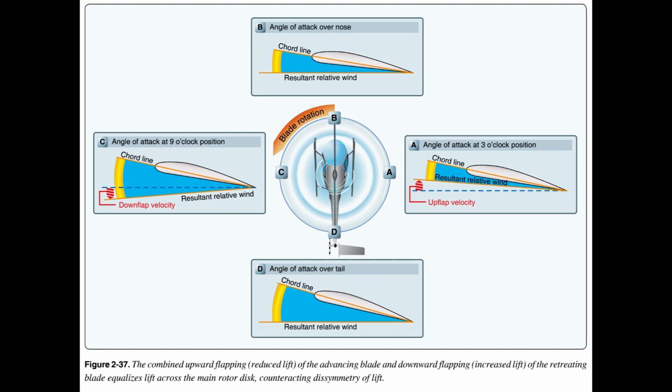At position C, the rotor blade is now at its maximum down-flapping velocity. Due to down-flapping, the angle between the chord line and the resultant relative wind increases. This increases the AOA and thus the amount of lift produced by the blade. The combination of blade flapping and slow relative wind acting on the retreating blade normally limits the maximum forward speed